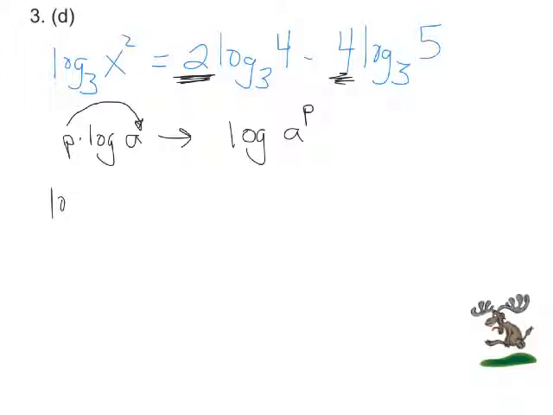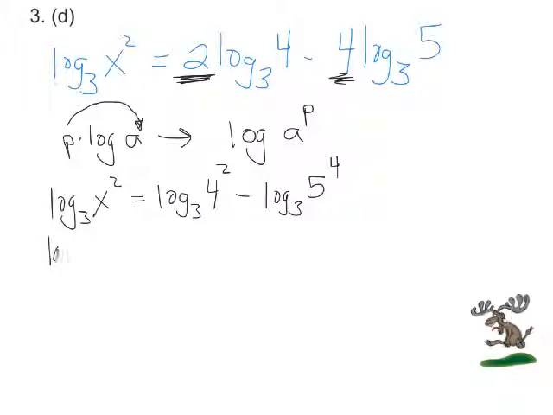So my equation now reads log base 3 of x squared equals log base 3 of 4 squared minus log base 3 of 5 to the 4th. I can very quickly simplify this down to log base 3 of x squared equals log base 3 of 16 minus log base 3 of